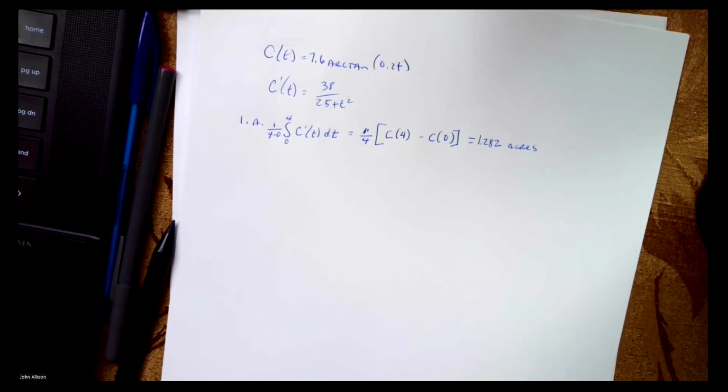Yes. Okay, so we're going to find the time t when the instantaneous rate of change of c equals the average rate of change. So that's not the average. We did the average number of acres there. Now we're going to do the average rate of change of c over the interval, which is the average rate of change